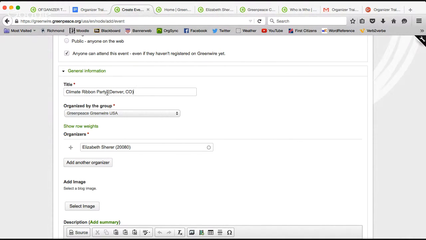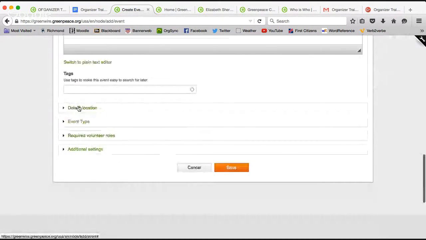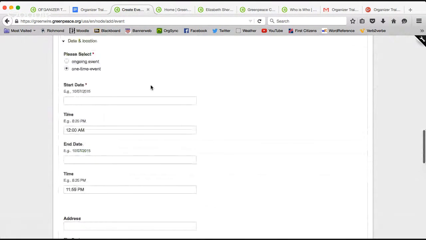That's kind of ambiguous, and you want it to be very clear on the homepage of Greenwire where your event is happening and what it is.